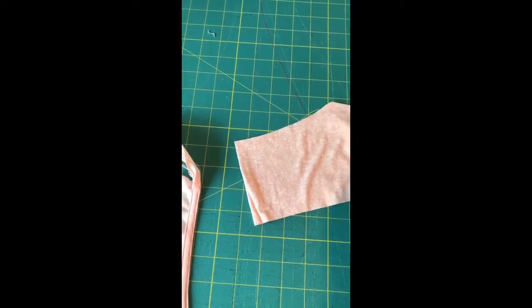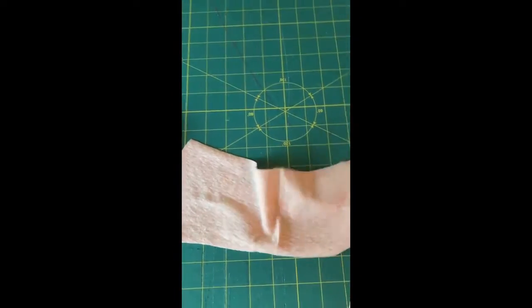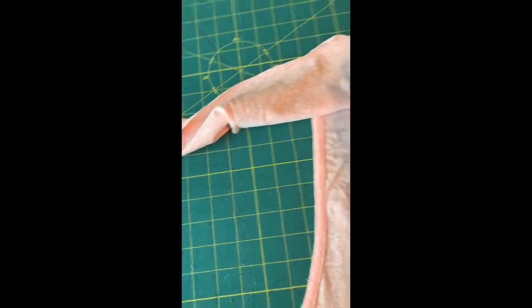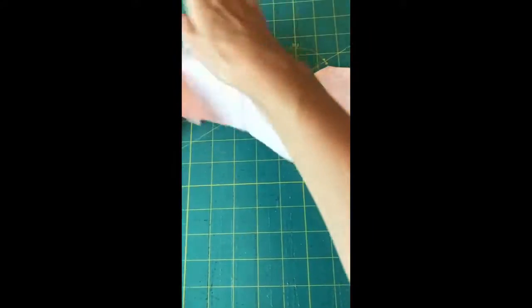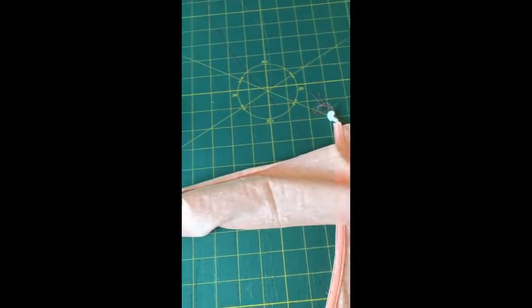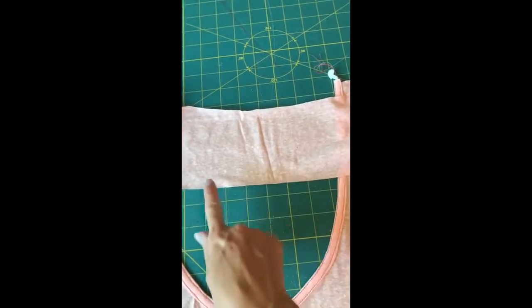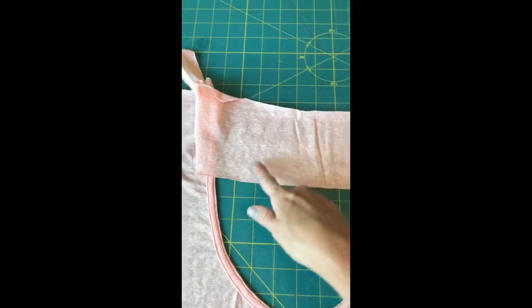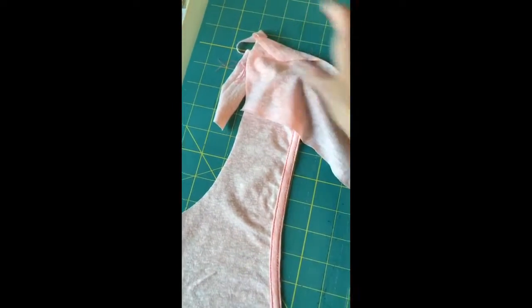upper back piece, and you can do this a couple of ways. The pattern has you lay them right sides together, serge it across here, sew it, and then sew on top of here. The other option, which creates a slightly different look, would be to do a binding across this lower edge, just like I've done along here, and then to fully bind those edges, and then overlap them by the same amount